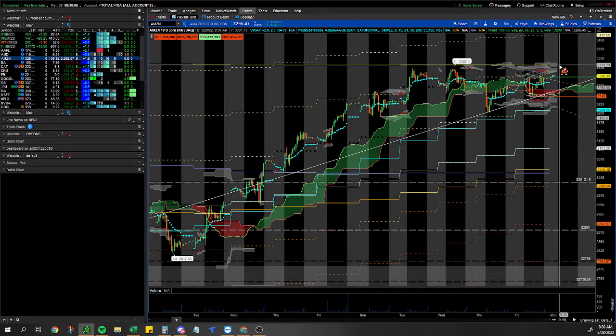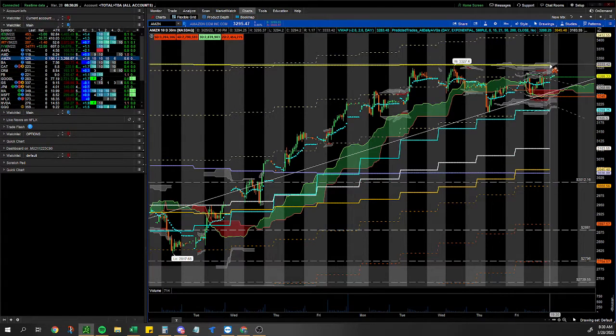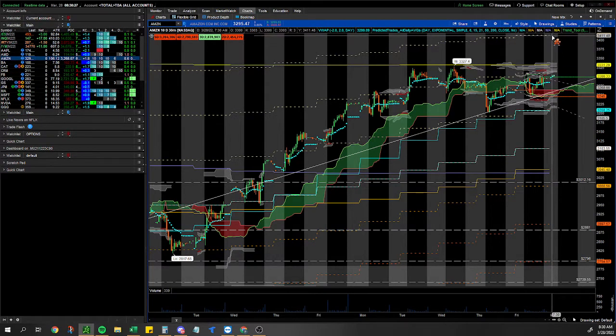It'll only take about 30 points, and we might be testing the daily 200 and the 4-hour squeeze top. If we can get through that, it could be a nice strong drive up to the next Keltner. We are sitting at almost about 2 Keltner, the second Keltner, I'm sorry. So if we can hold that, get through these squeeze tops in the 200, we could have a real strong push up to